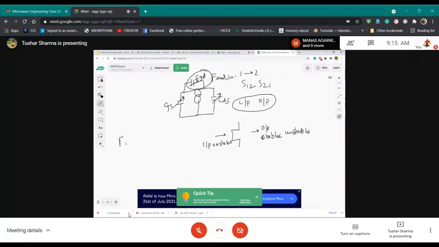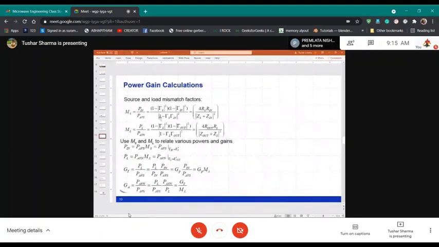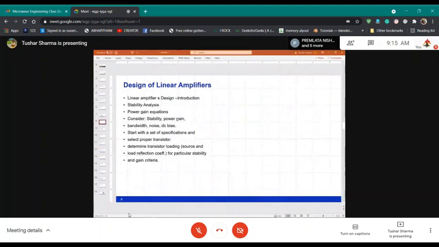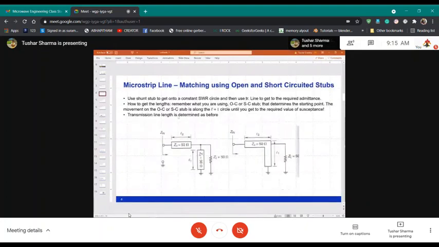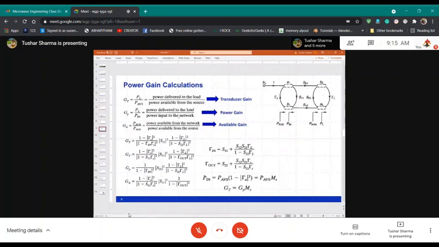But as we know, last time we studied two things. We figured out what gamma in is, and we figured out what gamma out is. So if I go back to that PDF, it's here. We did see that gamma is a function of load impedance. Whatever the input impedance looking into the transistor is, it is actually a function of load impedance, right?